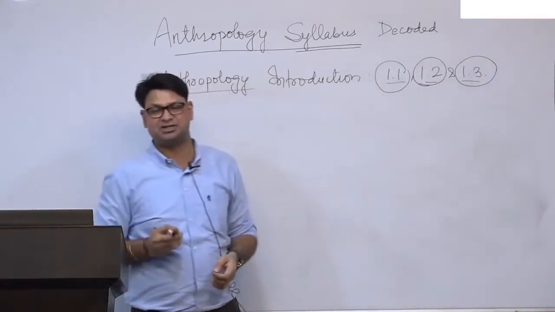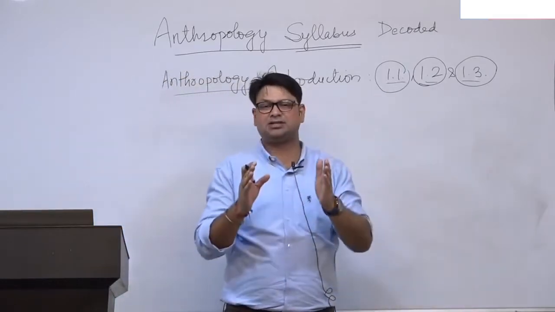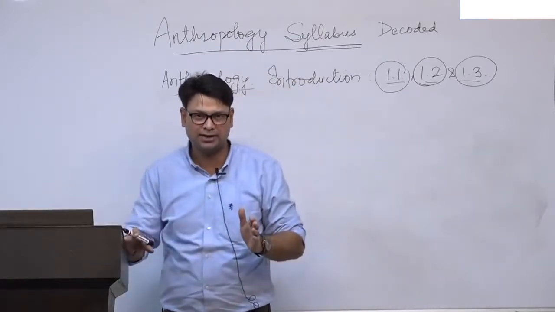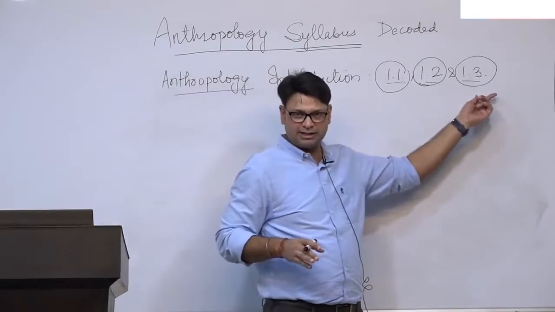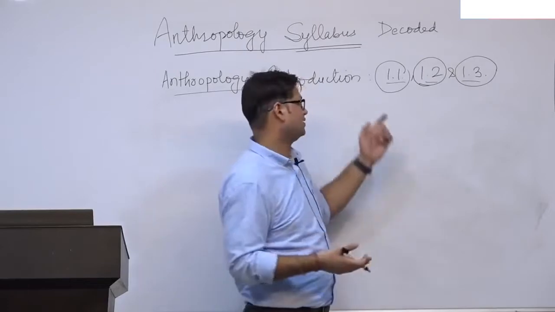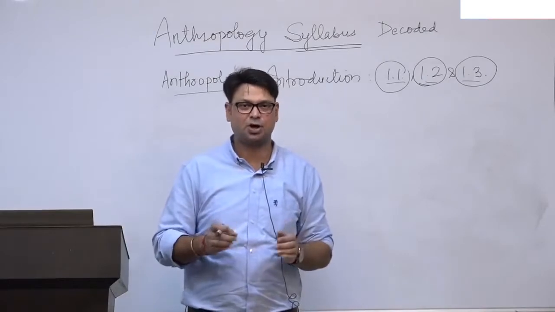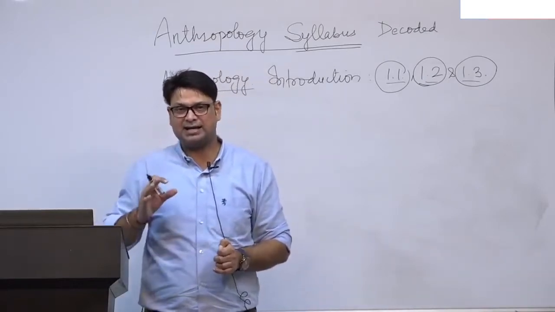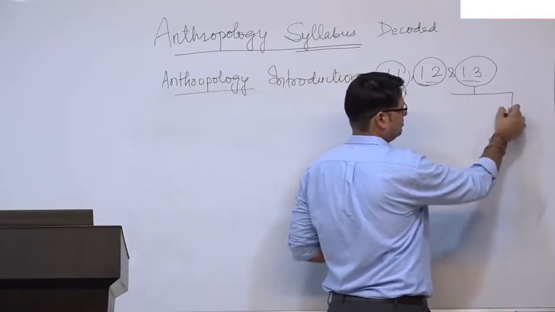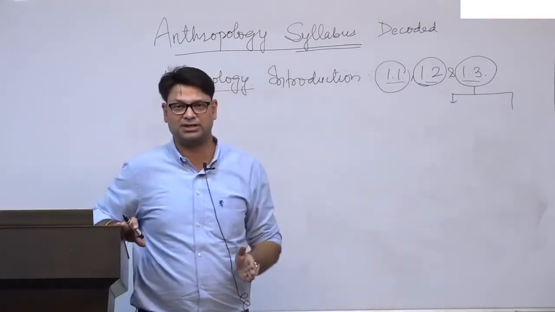right? Major specializations of anthropology that I just told you, that there are 4 specializations as per Franz Boas, but there is a 5th one, that is the application of all these 4, right? But UPSC asks you these 4 and UPSC asks the 5th one again and again, maybe in the first unit or in other units, because the relevance or the application of any theory, any knowledge is very, very important. So here there are 4 major specializations that I enumerated 5 minutes ago: socio-cultural anthropology, physical anthropology, linguistic